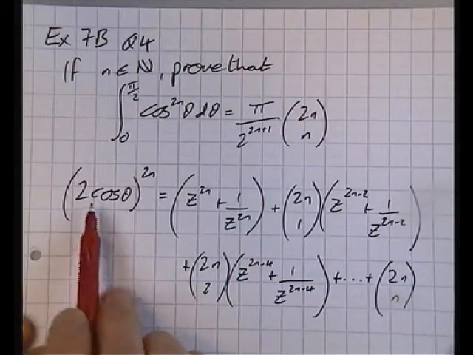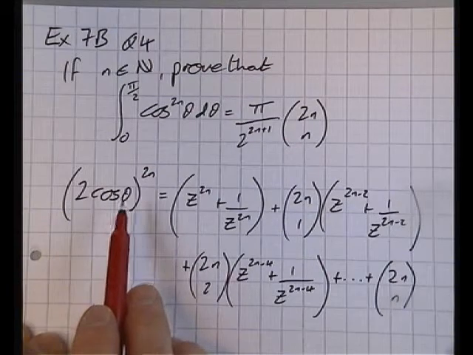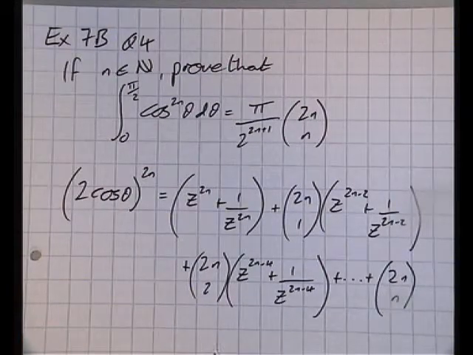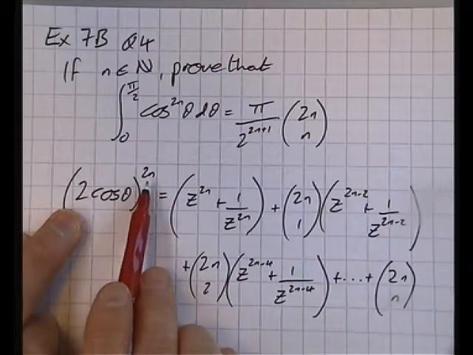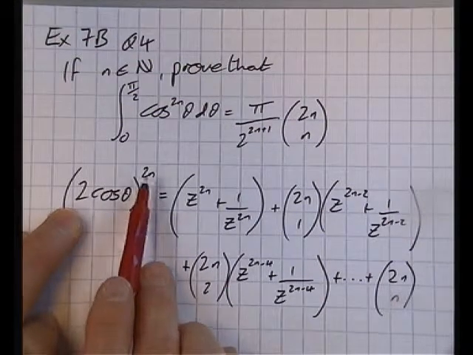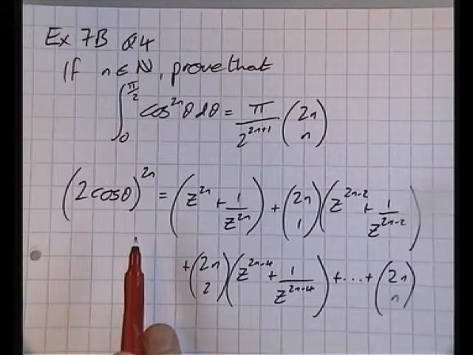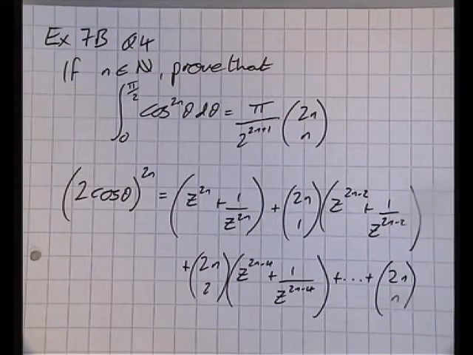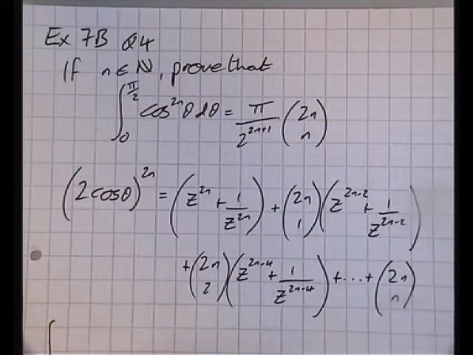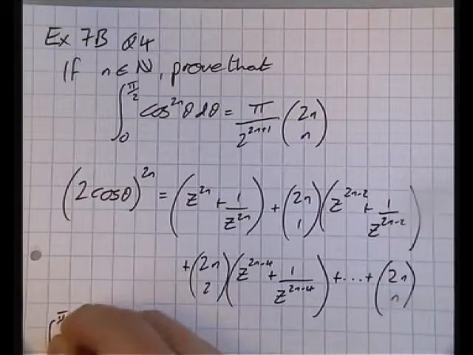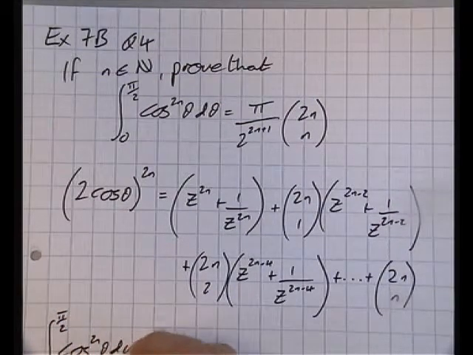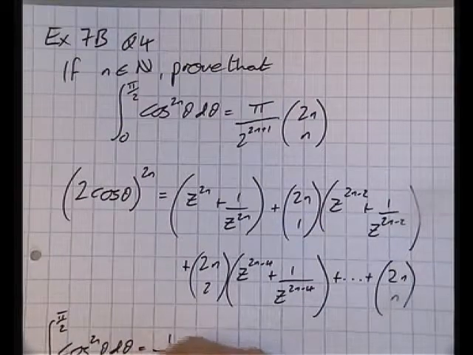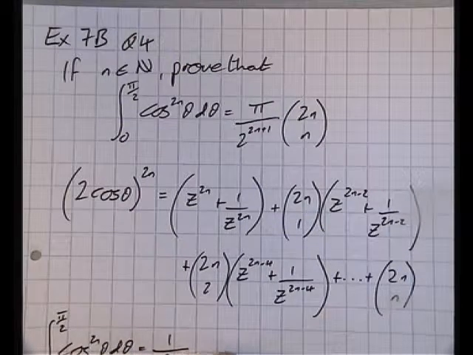Now, we're going to use this expansion to do the integration. So, we mustn't forget, before we integrate, to divide by 2 to the power 2n. It's got to go to the other side. So our integral we can write now as the integral from 0 to pi by 2 of cos to the 2n theta d theta is going to be 1 over 2 to the 2n